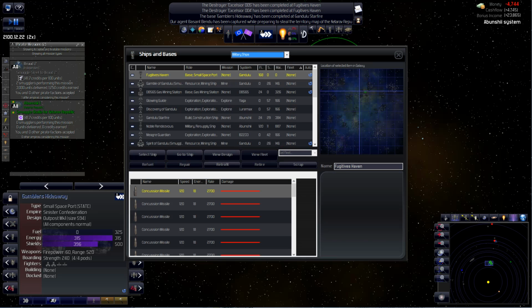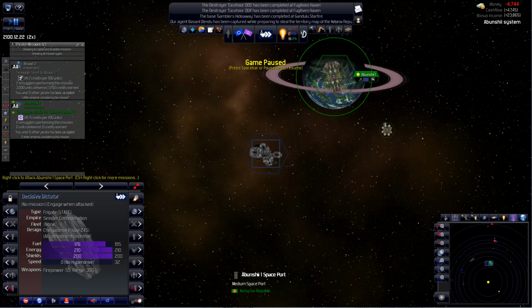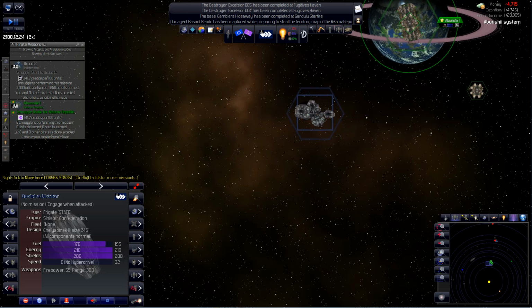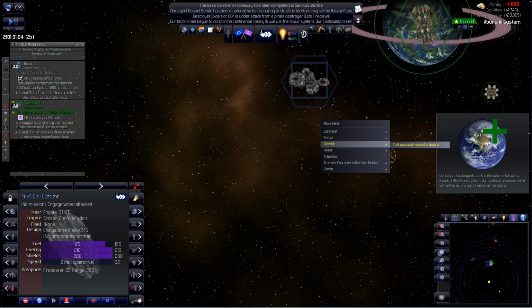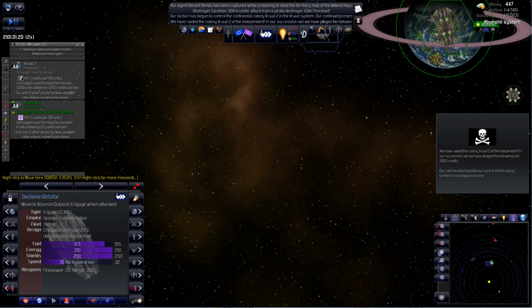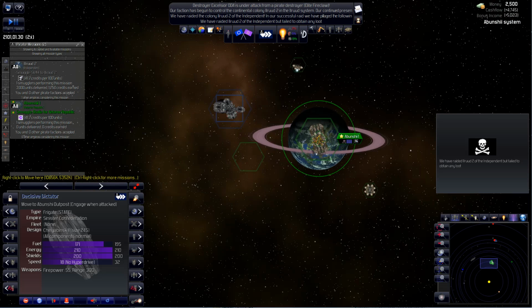Let's go to the military ships and find the one that does not have the hyperdrive, and it's really slow. So let's go ahead and retrofit this guy. Let's move here first. Okay. Now,